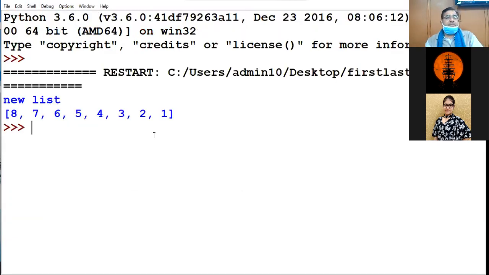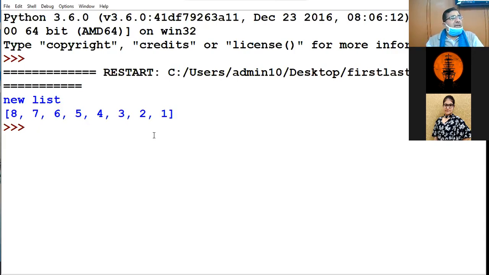See the output. Clearly see the output, beta. Online class, you also view the output. 8 has been swapped with 1. 2 has been swapped with 7. 3 has been swapped with 6. And 4 swapped with 5.